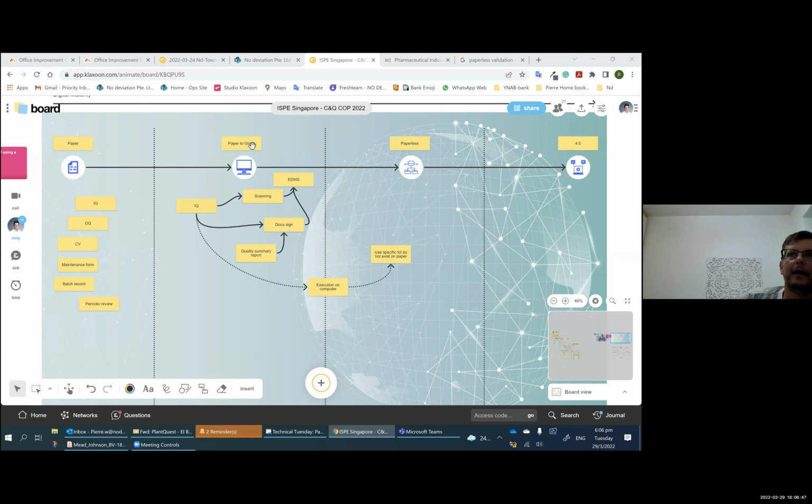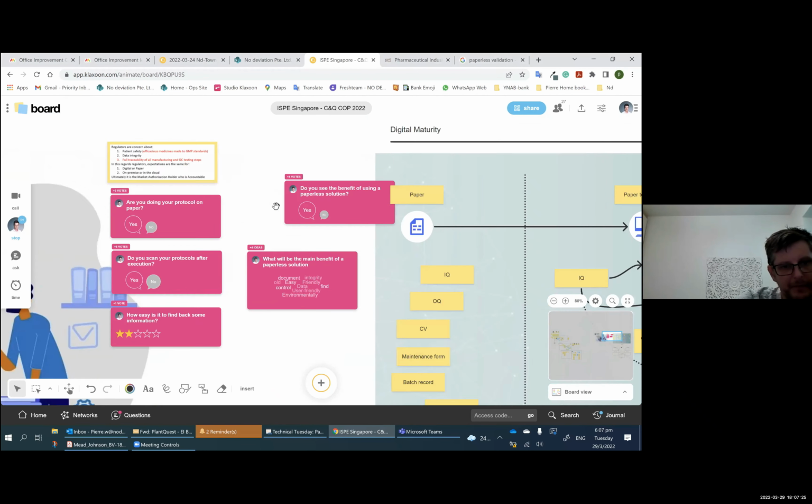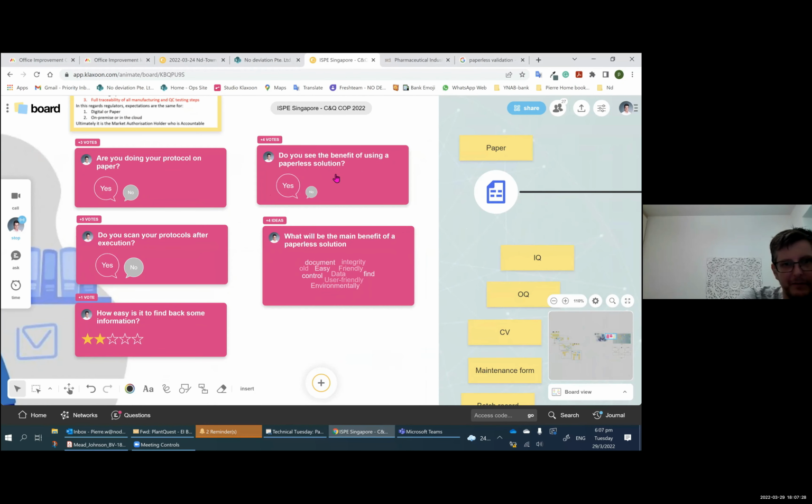And I think the new generation that hopefully never used paper when they were at school because they were already using iPad and things like that, like my kids, will think that what we were doing is completely stupid, right? Because they will come with new ideas so that all those will be seamlessly integrated in a digital process, right? I don't know if any of you, the people moving my question, it's good to see where we are with that. How easy to find back the information, the benefit using paperless solution?